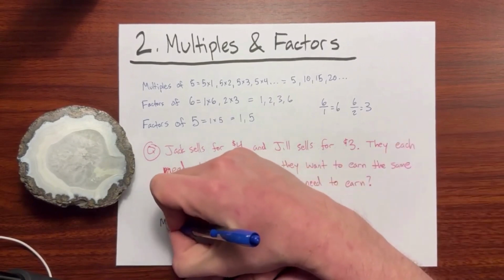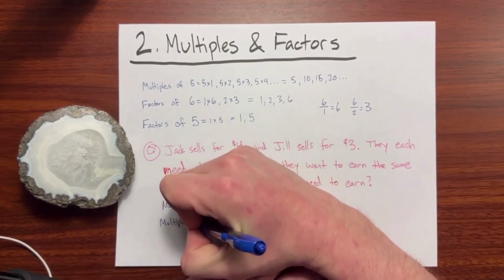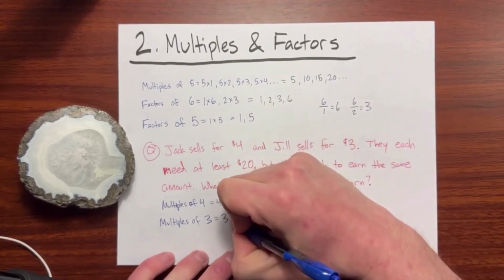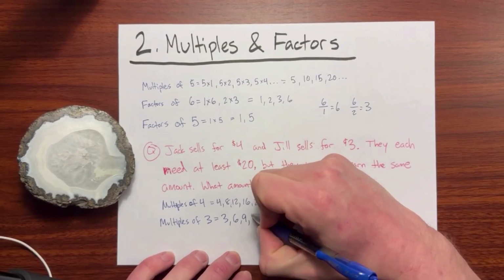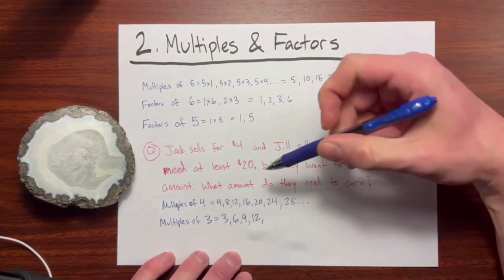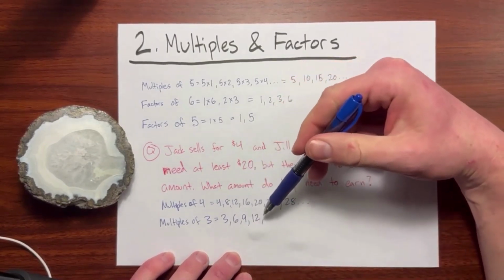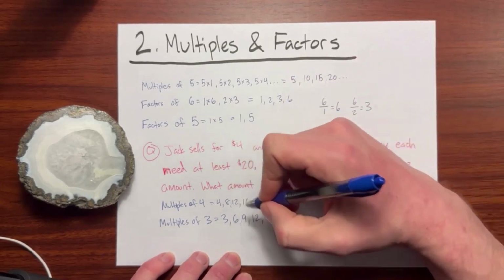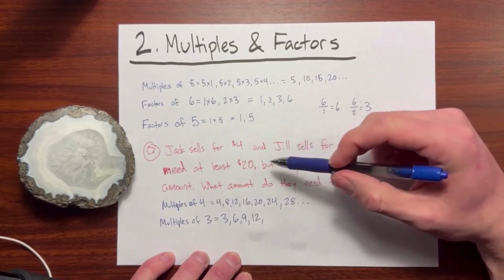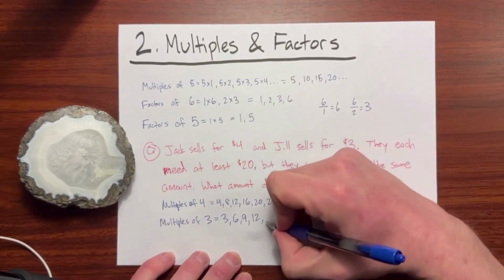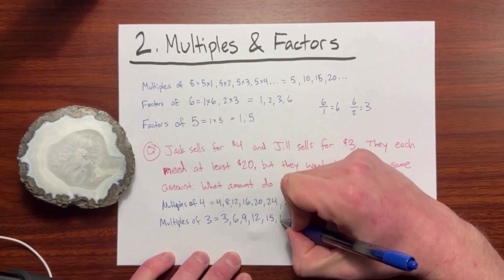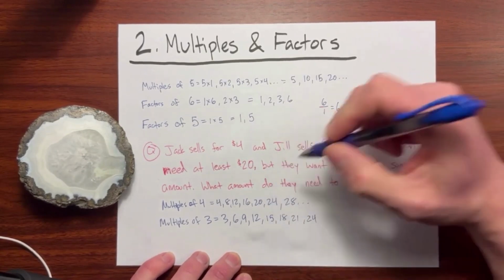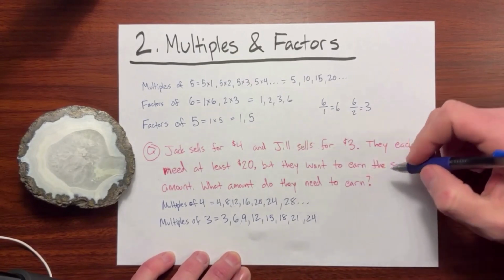The multiples of 3 are going to be 3, 6, 9, 12, and if we were just looking for the least common multiple of 4 and 3, we'll see that 12 would be that case. But we are looking to make at least $20, so we need to continue 15, 18, 21, and 24. There it is. So they would need to each earn